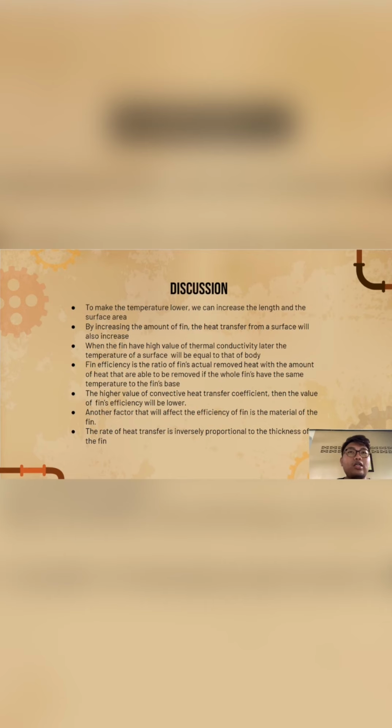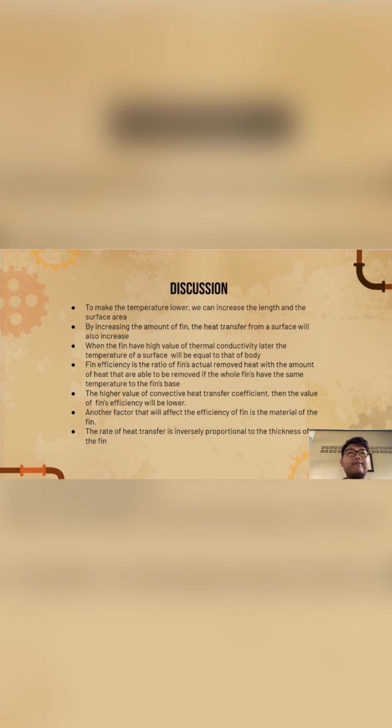B0920100090. I will continue this presentation with the discussion of this assignment. So the first one is, to make the temperature lower, we can increase the length and the surface area. Then by increasing the amount of fin, the heat transfer from a surface will also increase. When the fin has a high value of thermal conductivity, the temperature of a surface will be equal to that